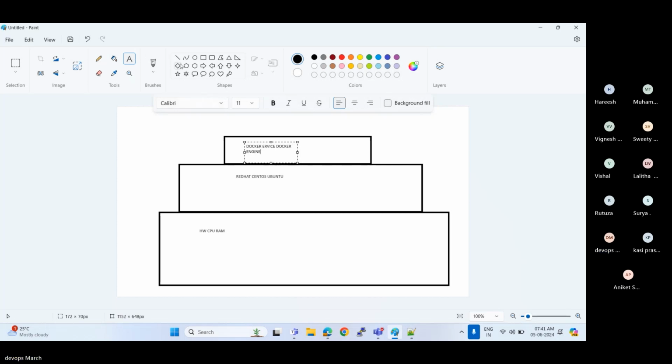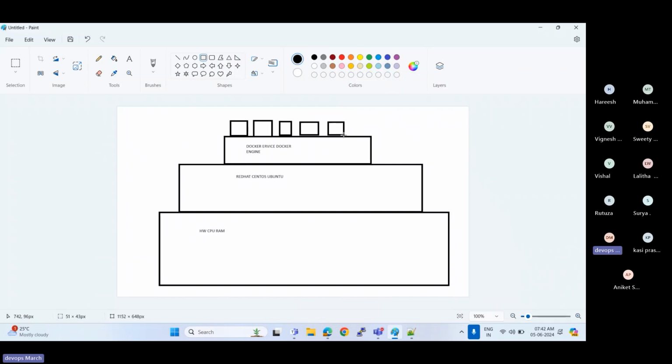Okay. So once that is installed, we will deploy our container. See here, what is the difference? We no need to worry about the dependencies, libraries. Our Docker engine will take care of everything, and the Dockerfile will take care of everything. So each one is one application. This is one application, this is another application, this is another application. You can build or deploy many applications as per your RAM size and usage.